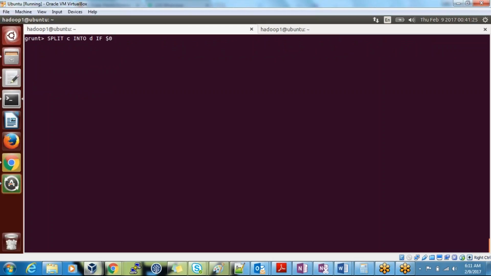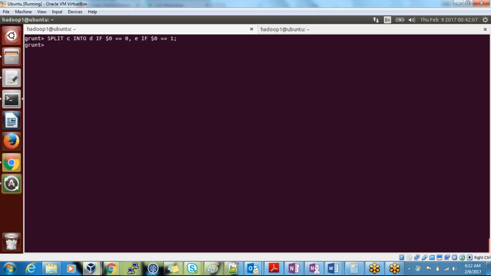If dollar of 0 is equal to 0, put that into D. Else, we're not going to use else, but we are using E. You put into E if dollar of 0 means what, guys? Dollar of 0 means what?